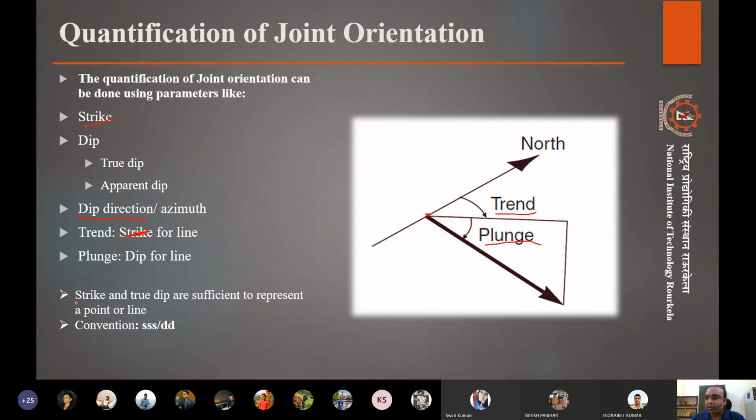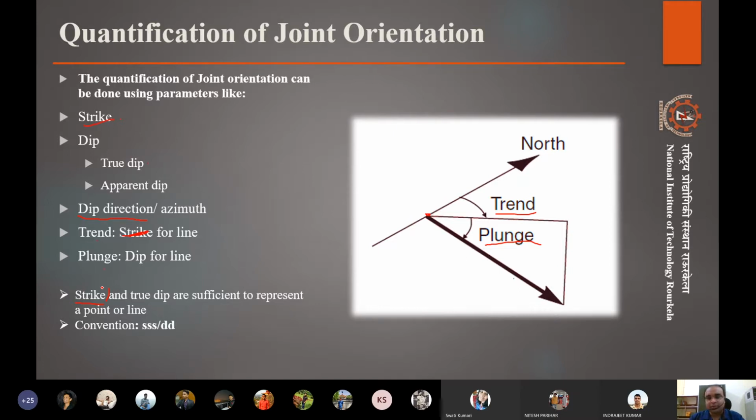Why strike in the plane and not the dip direction? Because the dip direction can be defined as 90 degrees plus the strike angle. Generally, when we go for a geological survey, we are more aware of the strike because of the outcropping nature of these joints, rather than the true dip direction, which is not that apparent.